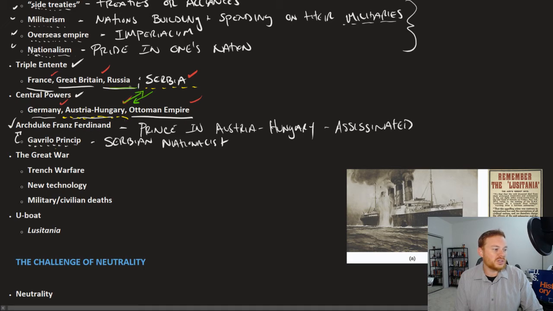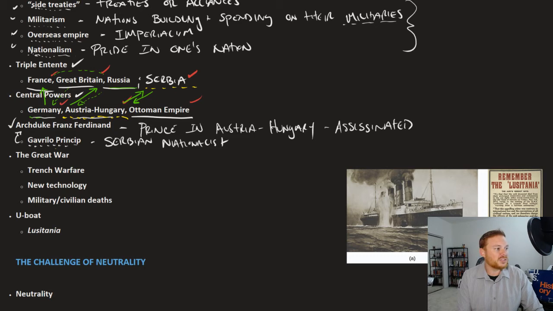Russia, which is Serbia's ally, begins to mobilize troops against Germany. Russia and France are allies. So Germany prepares by attacking France and attacking Russia essentially at the same time. And then Great Britain is also caught into this conflict. So it's just a ginormous mess with how this unfolds. But it eventually does unfold. And by 1914, pretty much all of Europe is in conflict.